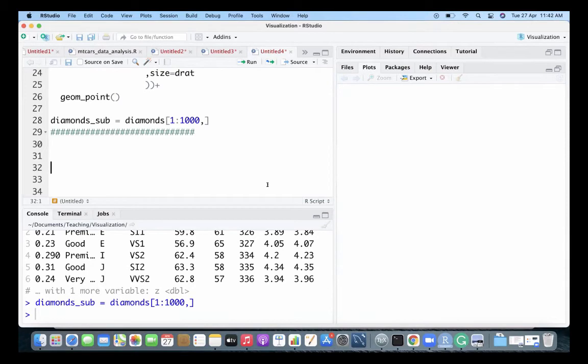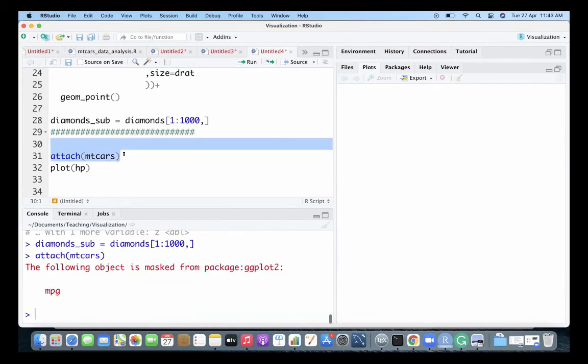So I'm just going to use a very basic plot of mtcars, horsepower versus miles per gallon.